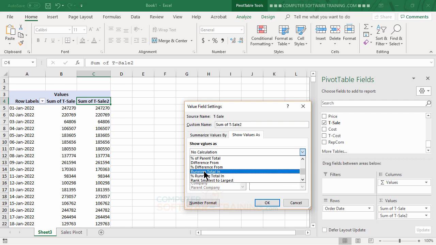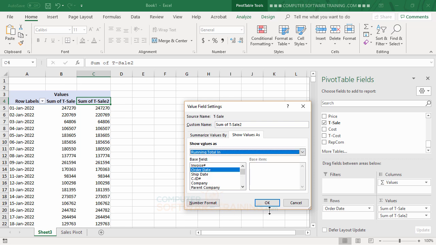We click on Running Total In, and then it wants to know what it's based on. In this case, it's based on the order date field, so we leave that there. Usually it's good with picking it automatically, but just watch it. Make sure that whatever field that is, is what you've got chosen there. All right, you hit OK,